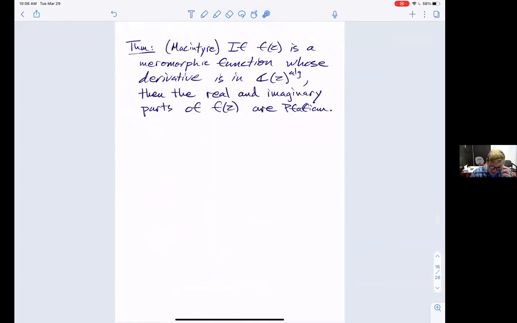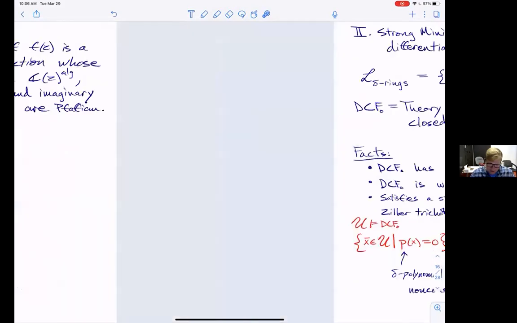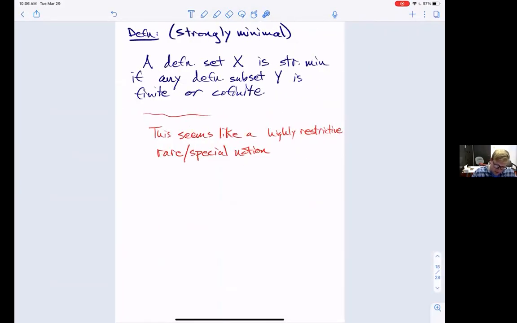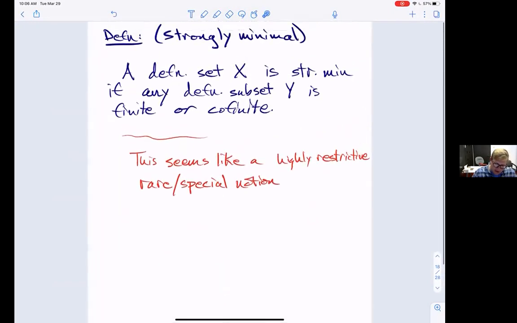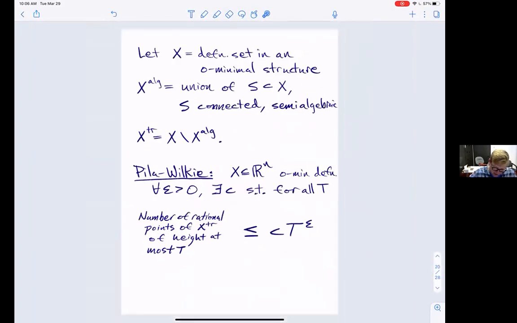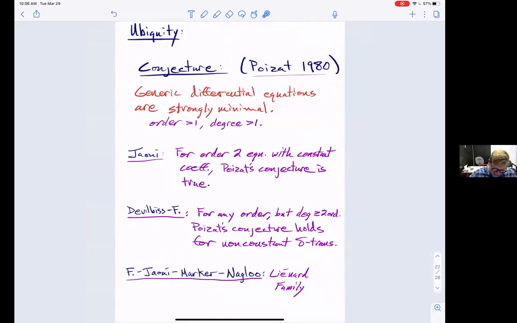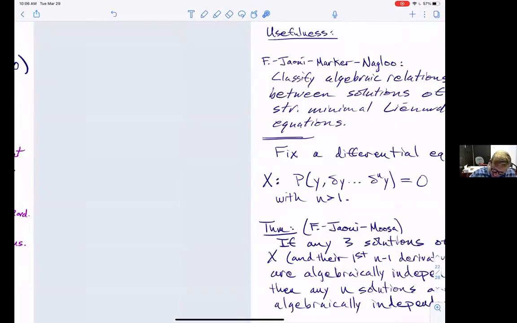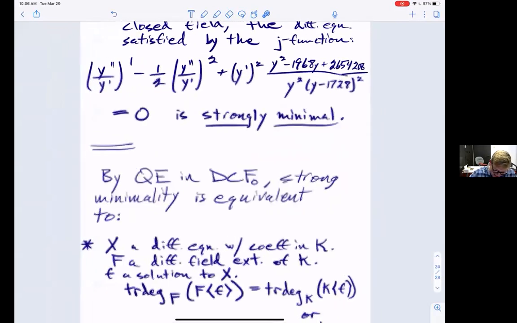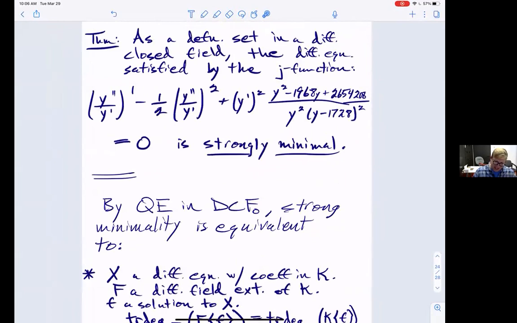Okay, and I'll just mention a theorem of McIntyre real quick. Actually, I think I'll skip this theorem of McIntyre because I want to state my theorem before I run out of time. So I'm working now with differential equations, and sorry, I need to skip some of what I was going to say. But here's a theorem